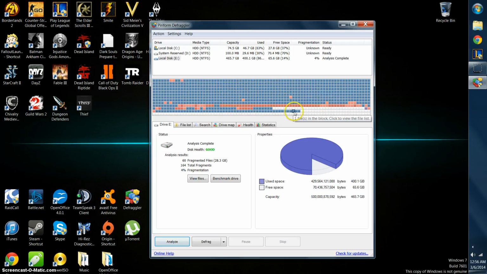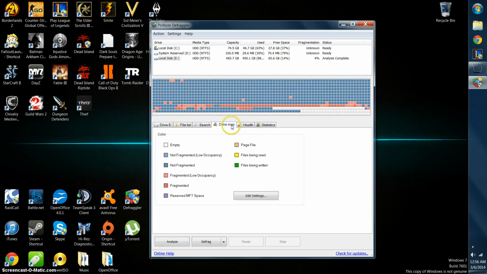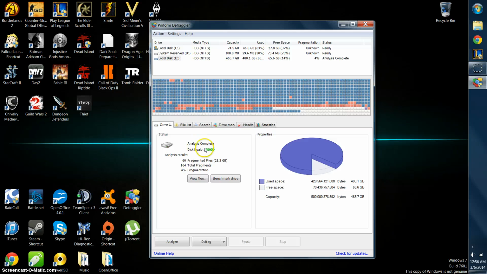So this is my whole hard drive and all of its contents mapped out onto these blocks. And each block represents certain files. So this block is 26 files, this one's 153, this one's just 1, this one's 3, you get the idea. It sorts them out. Each color represents something different, so we can go to our drive map over here, and this is our key. White blocks are empty, blue ones are fragmented files, red are fragmented files, and when we start an actual defrag,